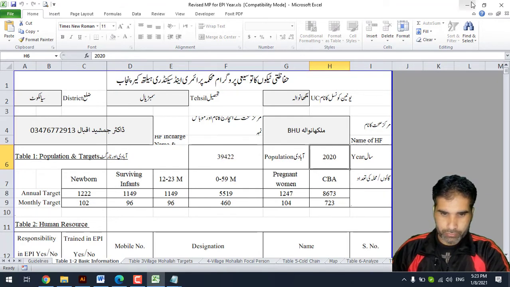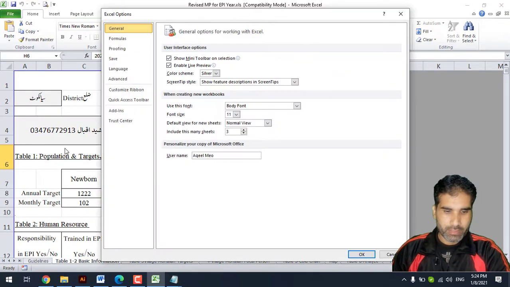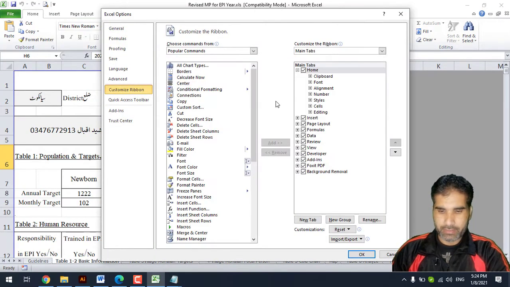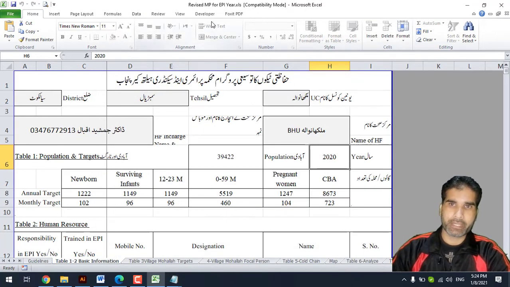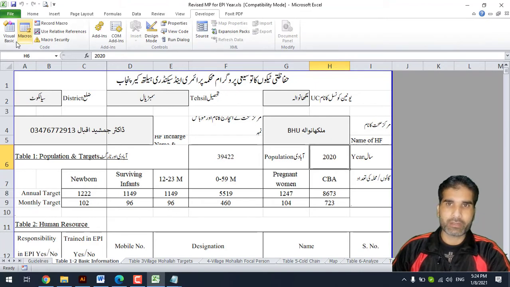We need the developer tab. If you don't have it, go to File, Options, Customize Ribbon. In this Customize Ribbon part you can see the developer tab; check it, and you will see the developer tab. When you enable the developer tab, click on Developer, and you will see Visual Basic. Click on it,